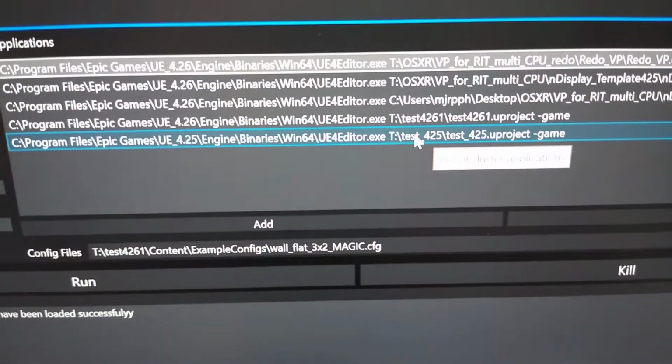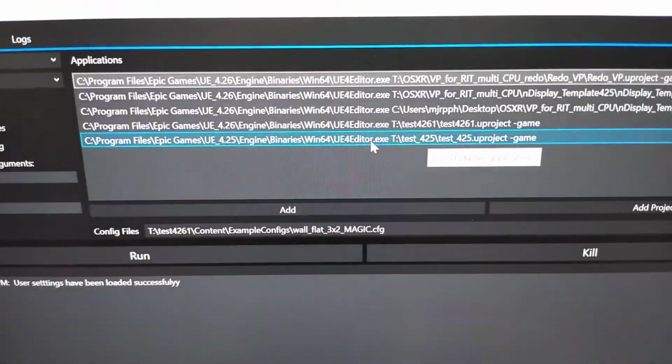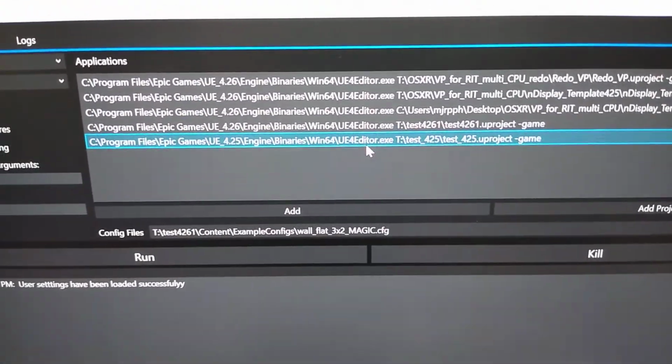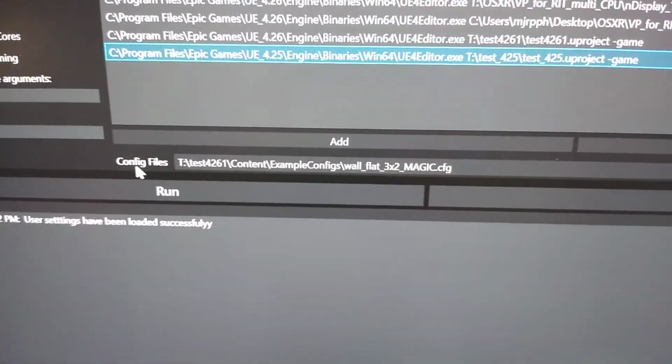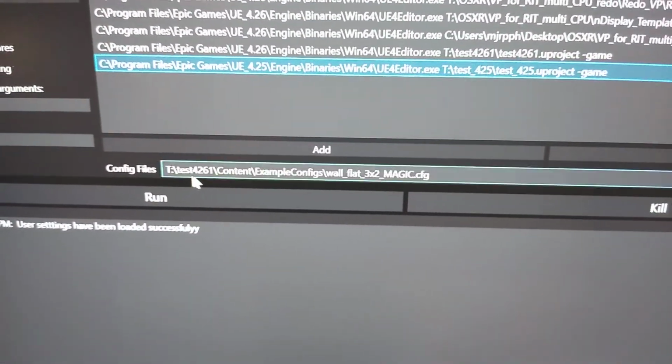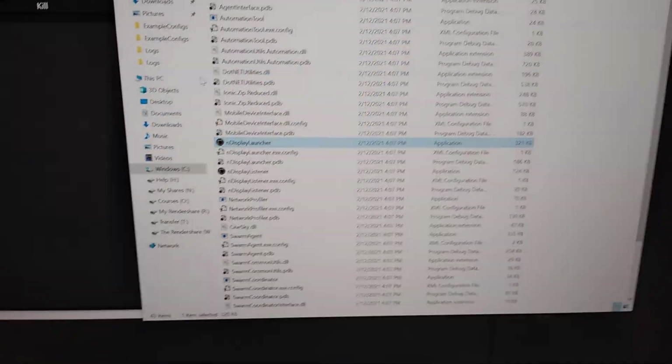It would come up with this thing. Now, if I want to use 425, I need to make sure that it's selected before I run it. Otherwise, if it's not selected up here, it doesn't run. Then I have config files. The config file is found if I go into the